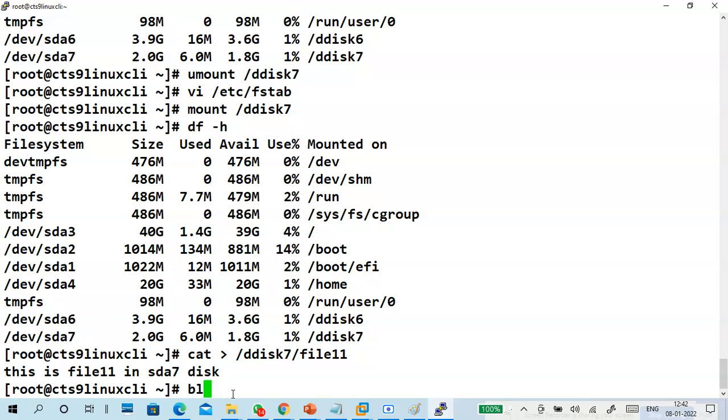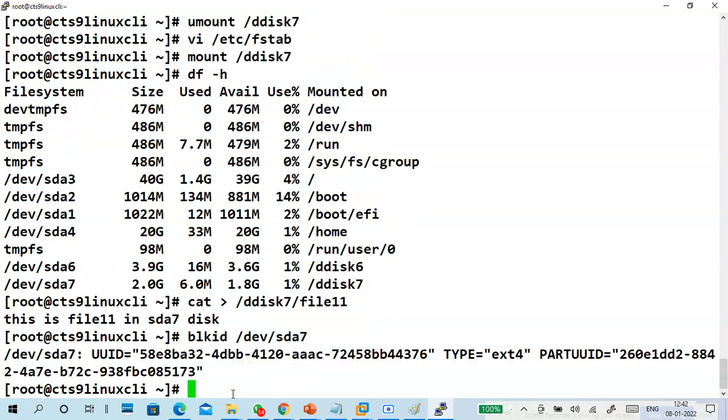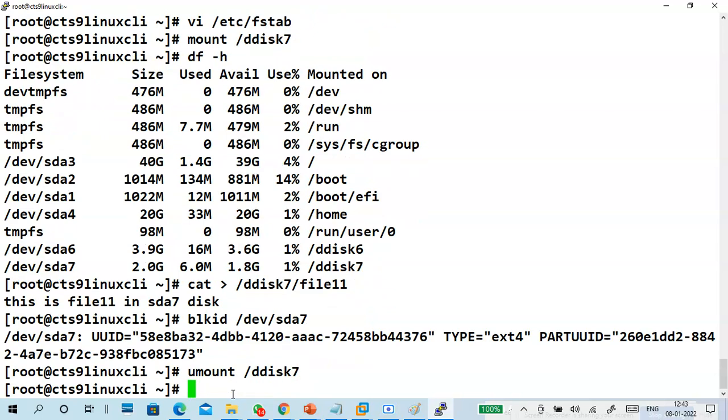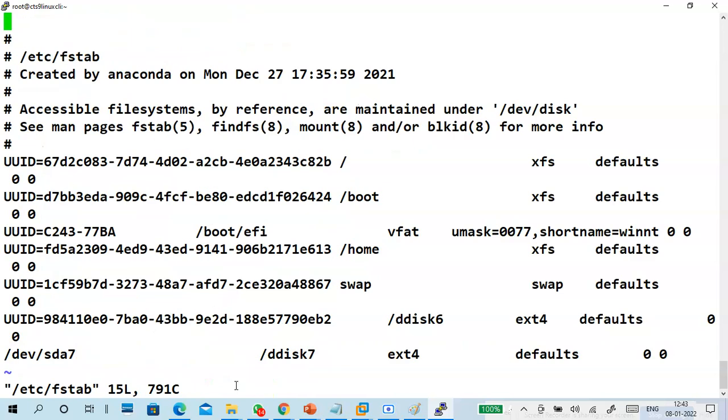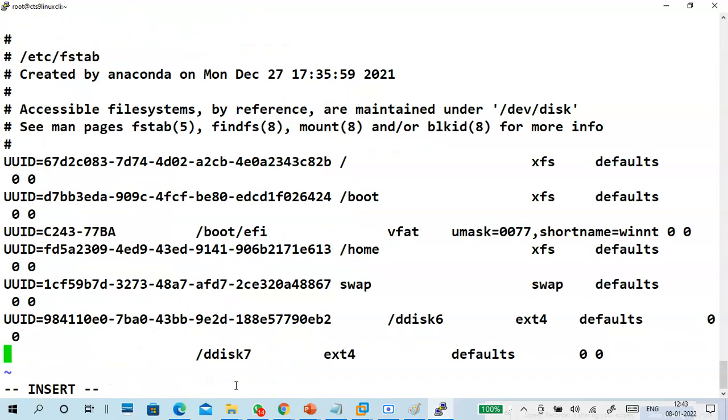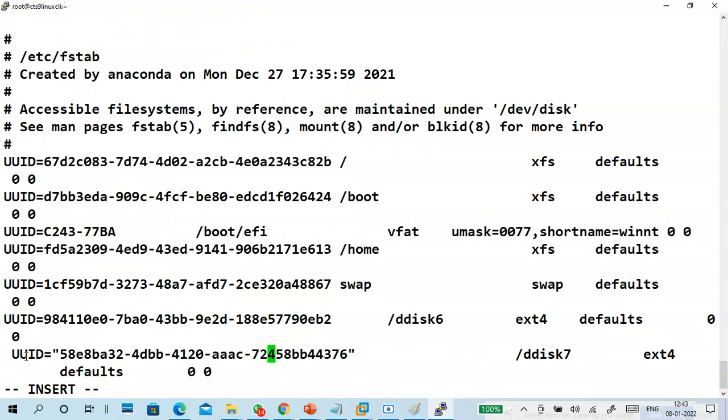If you don't want to get that kind of problem, very good, blkid. Okay, blkid, the block ID of this particular drive, sda7. Only specific sda7 I'm checking. Okay, of course umount for unmount purpose, /dev/sda7. Okay, now I'm going to copy this line, vi /etc/fstab, go down, press i, delete this information, right click, and you will get it.